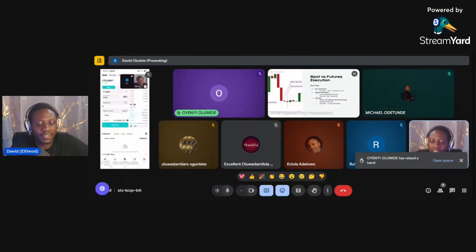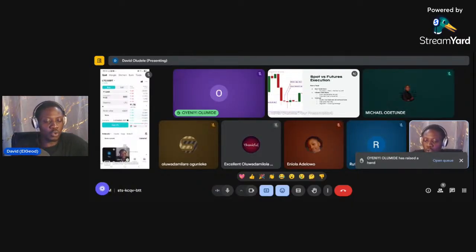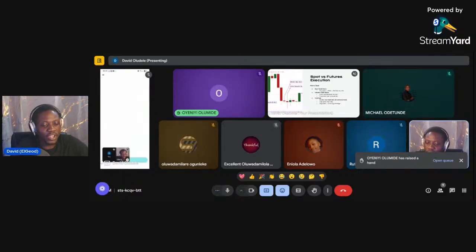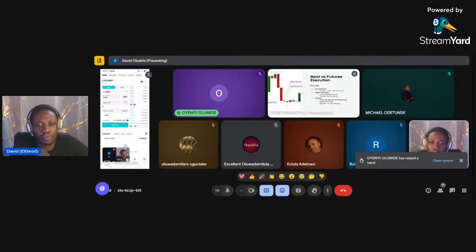So this is LTC, the coin I told us to check out yesterday. Let me bring this down, so that everyone can see. And so you have in spot, you have in margin, a type of market where you also borrow. It's like futures, but think of it as futures in the opposite sense. Because with futures, you put your capital there, and then you just use leverage to trade. But margin on the other end is like you're going to be directly borrowing from the market, and then you would be